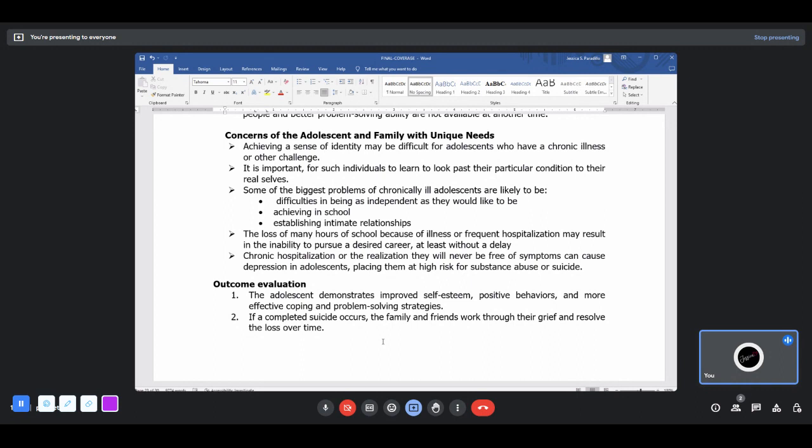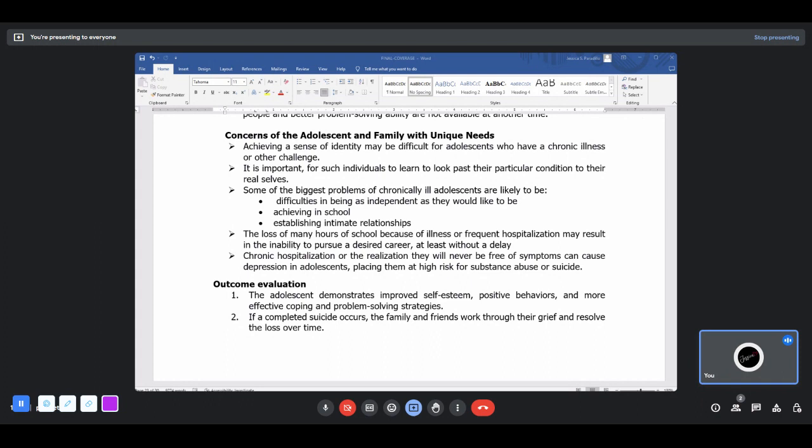Okay? And also, some of the biggest problems of chronically ill adolescents are likely to be difficulties in being as independent as they would like to be, and also achieving in school, yung mga biggest problems nila, yung mga may mga sakit, and also